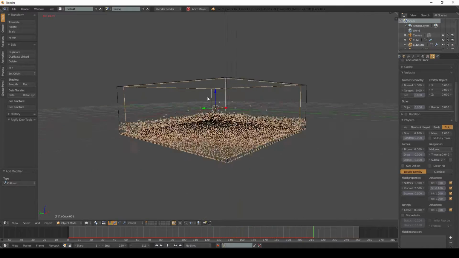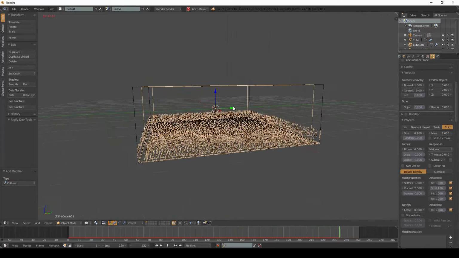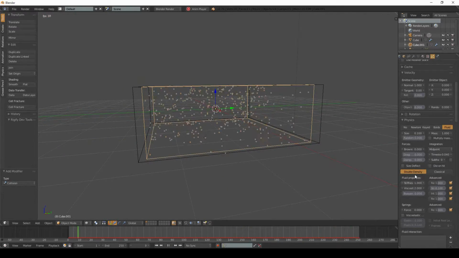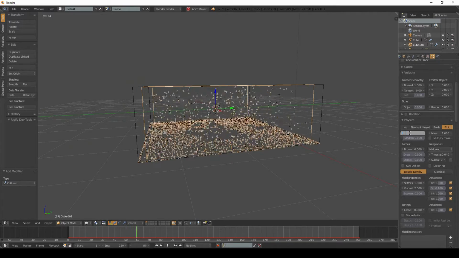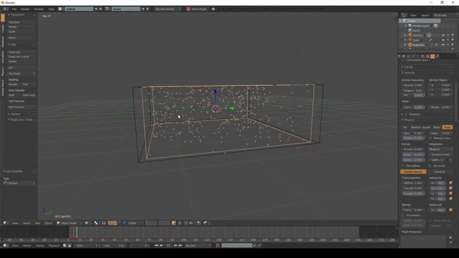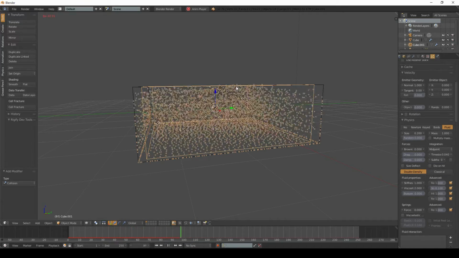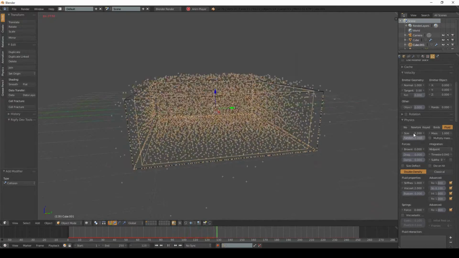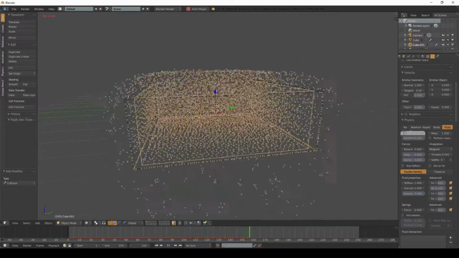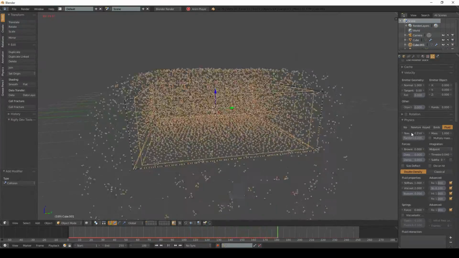And yeah, this, not enough. 0.2 maybe. So 0.2 is too much, 0.15,